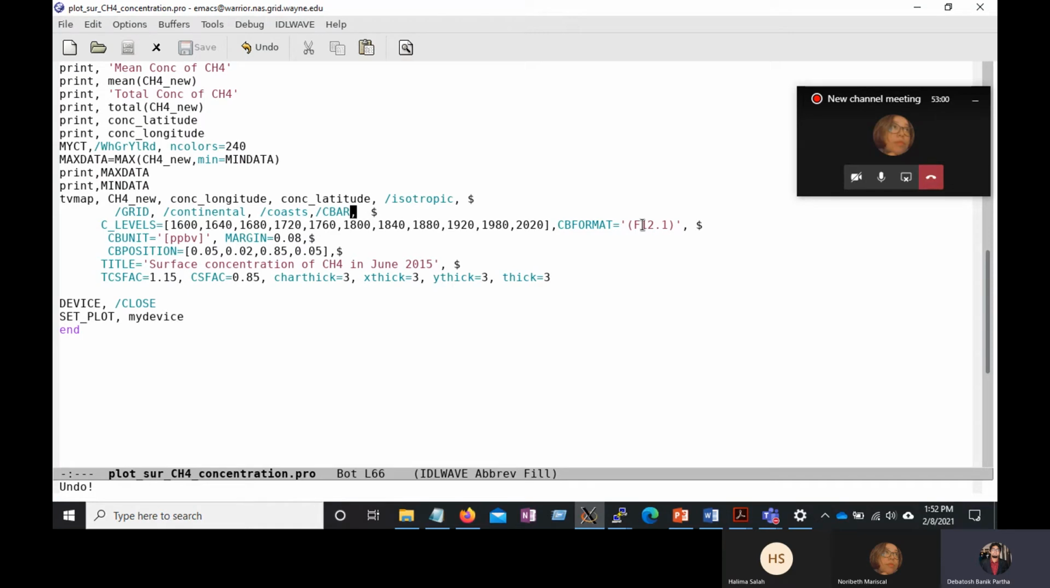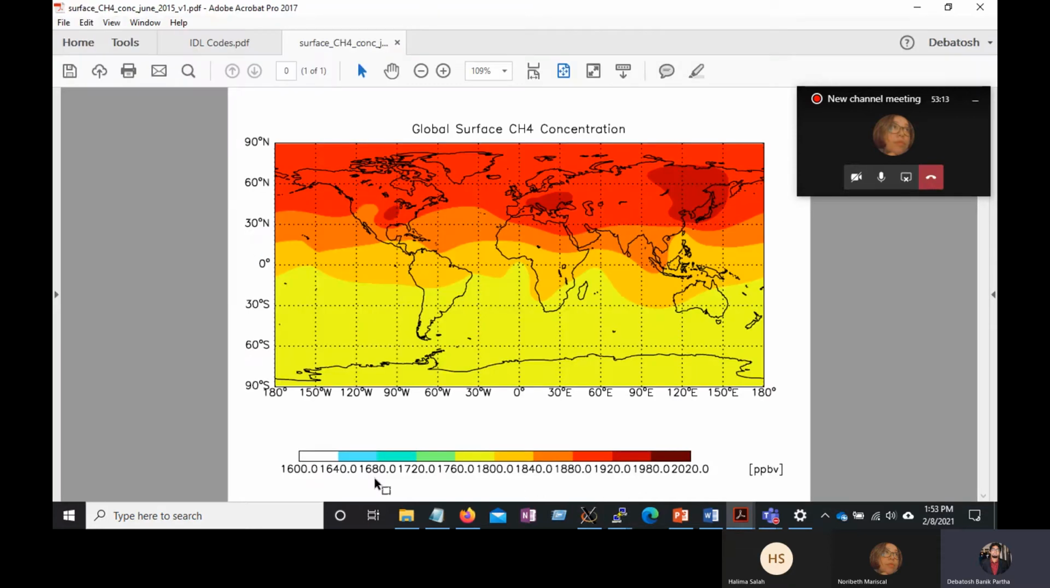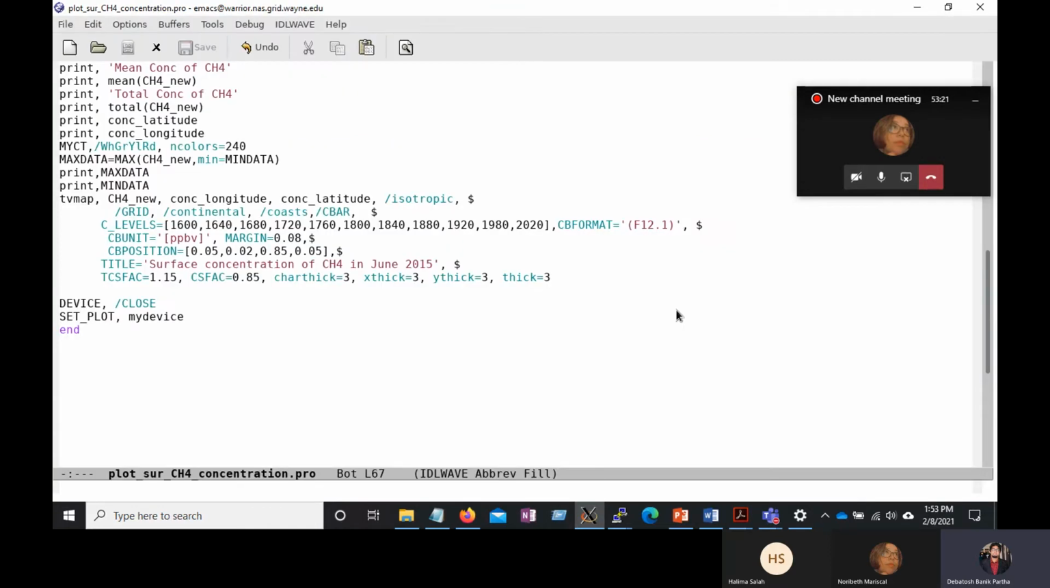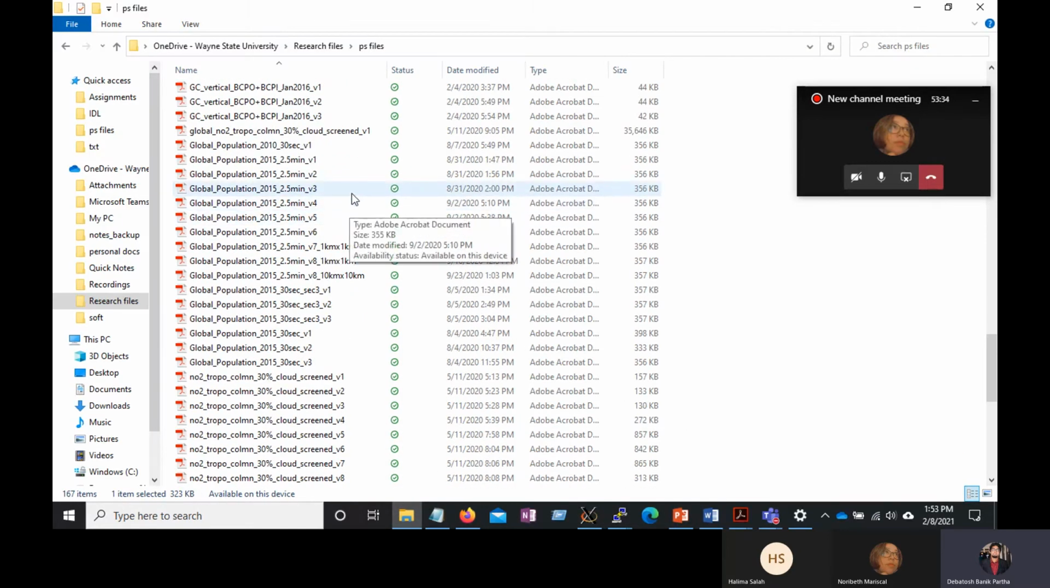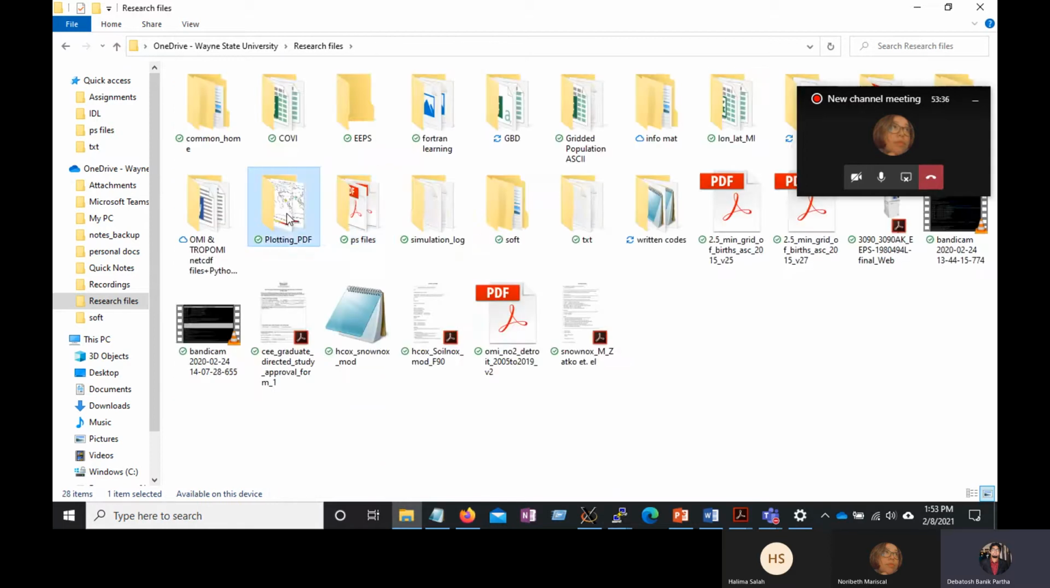CB format is F12.something. So if I set 1 here, it will come up with one digit after the decimal in the color bar. You can see 1600.0, 1640.0, 1680.0. So we cannot omit or make this 0. We have to specify at least 1. So if I pull out any other plotting,